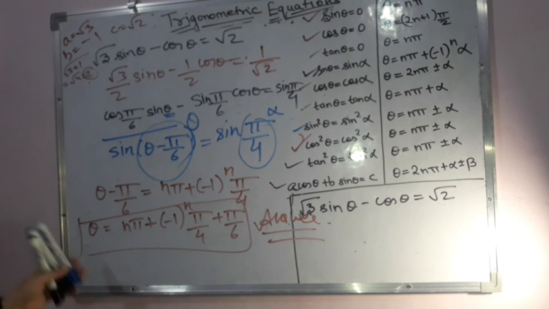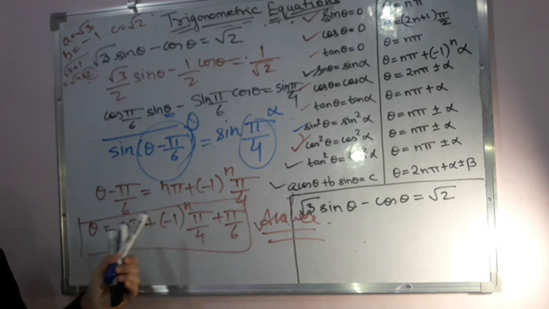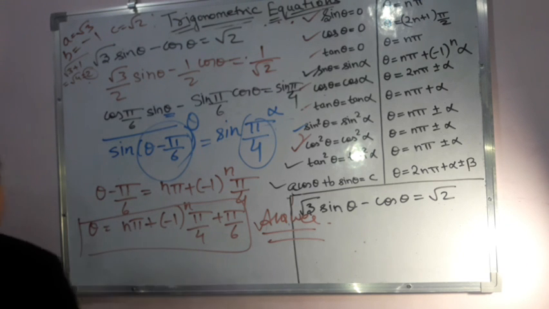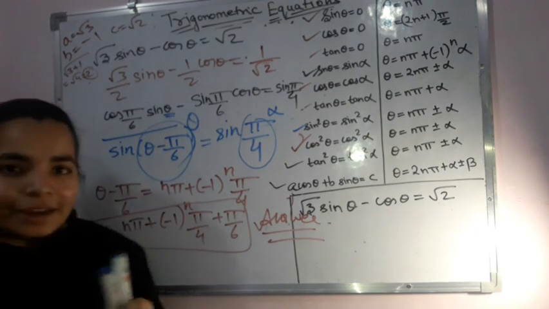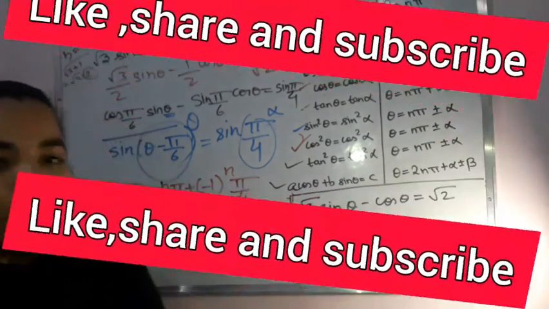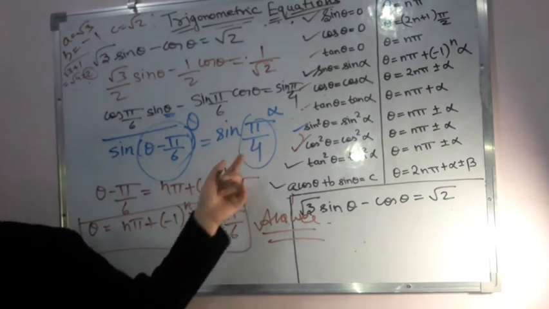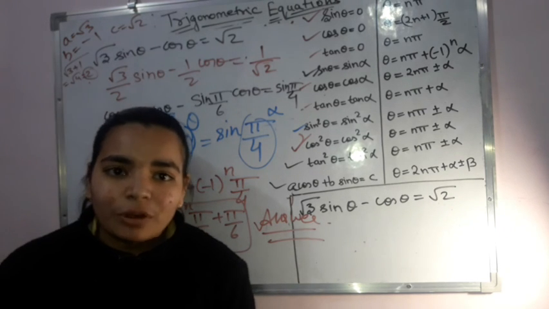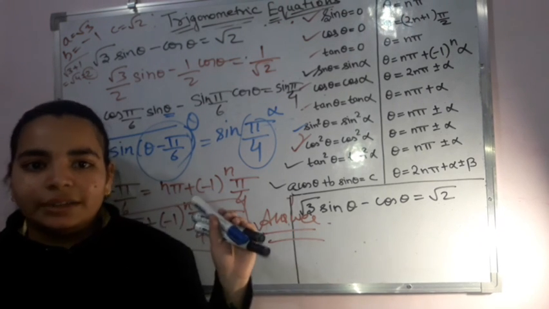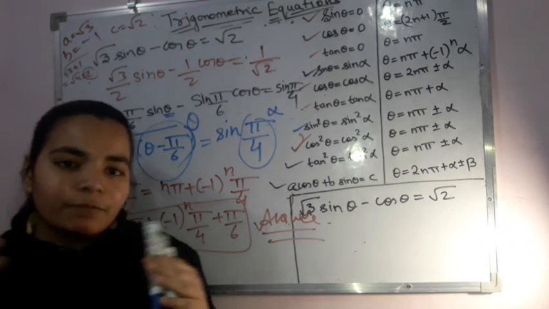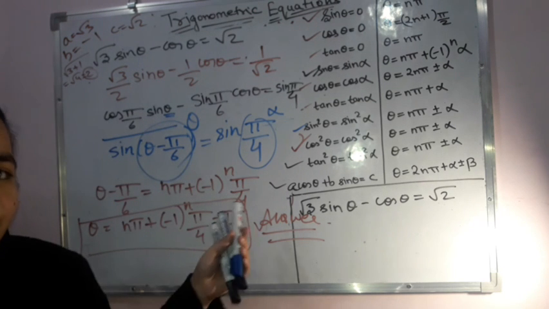So here we end up with this chapter, trigonometric ratios. This was all that was there in this chapter. In a very short span of time, we'll be coming with the last video for trigonometry, and there we'll be winding up the trigonometric part entirely. If you haven't watched the previous videos, then please go and watch them and then come to this video. If you don't know about compound and multiple angles, and the relations which are there, then you will not get this. So please watch those videos, if not from my channel then from anywhere else, but please have an understanding of that and then only come to this.